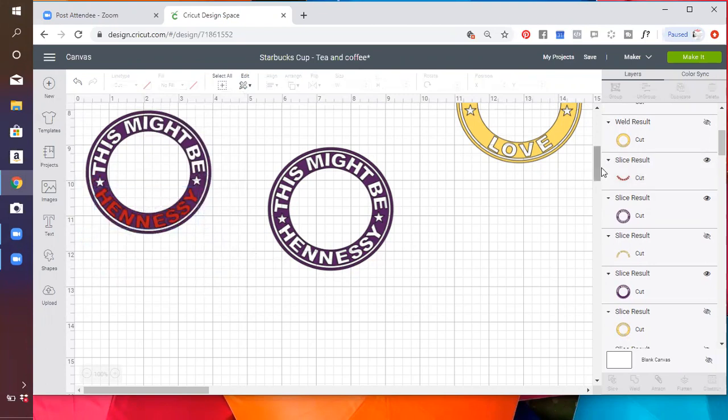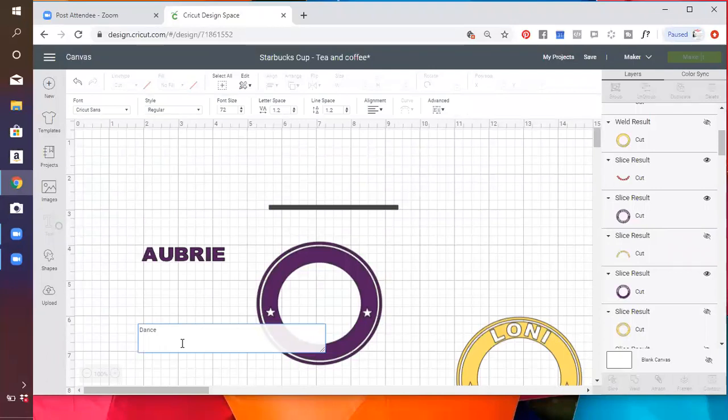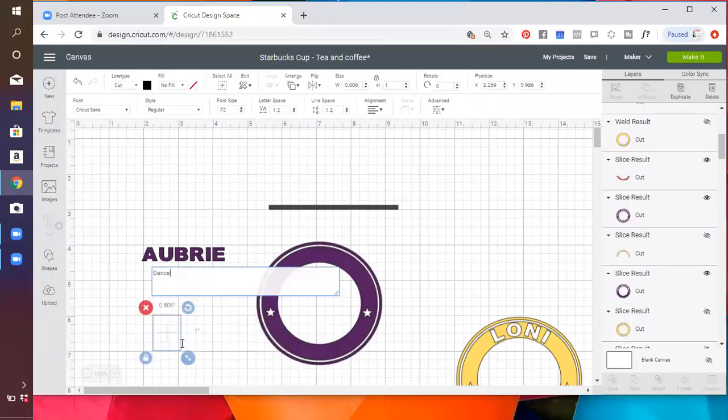All right, I'm pretty sure y'all have seen this might be wine, this might be tea, 100% that B. You could pretty much make it say really whatever it is you want to make it say. That's part of the beauty of crafting. And so what I do next is I just type out whatever it is I want it to say. And I am going to make one that says dance fuel. So type out the dance,